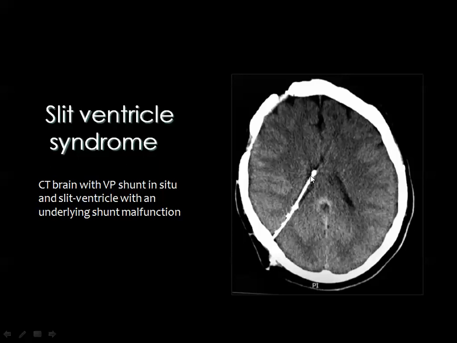And chronic overshunting will lead to decompression of the ventricle. Over a long time, the ventricular wall will be fibrosed. If the shunt is obstructed, then the CSF will accumulate in the ventricle, and the ventricle cannot expand, and also the shunt cannot drain the CSF, and this is known